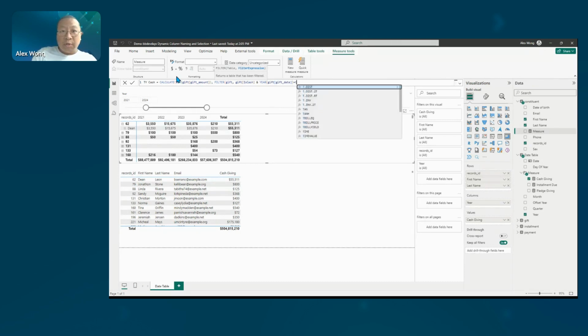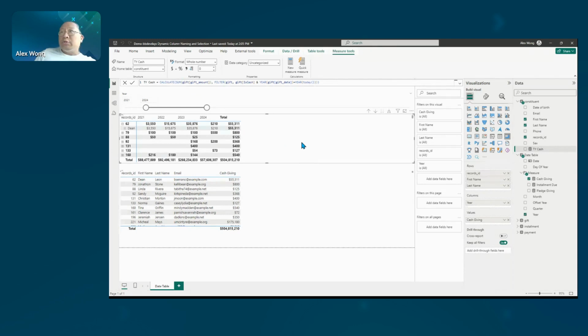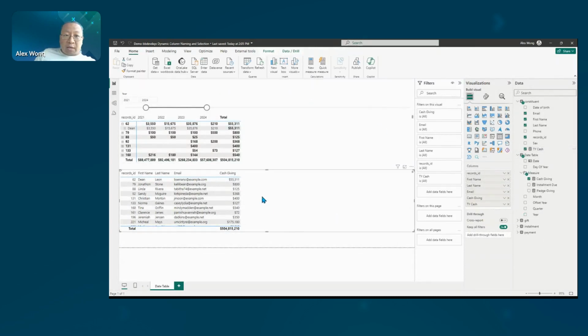So we can do something like the year of today, and that will give us the cash gift of this year. So this starts to talk about how we can do dynamic columns, because right now I'm only talking about this year's giving. This is calculated as this year. So if I put this over here in the table at the bottom,